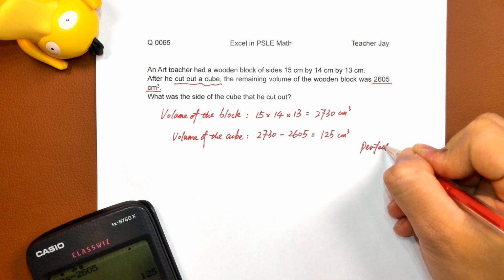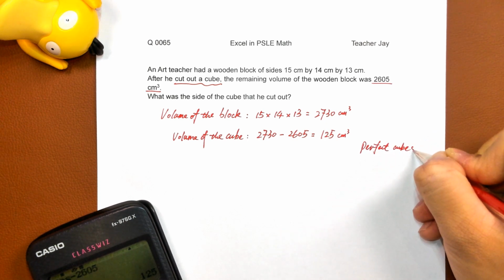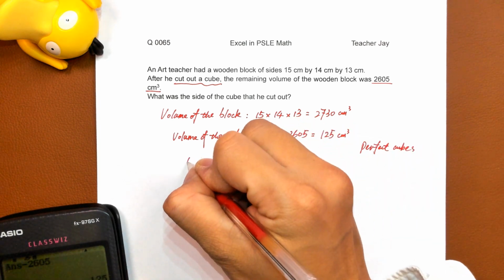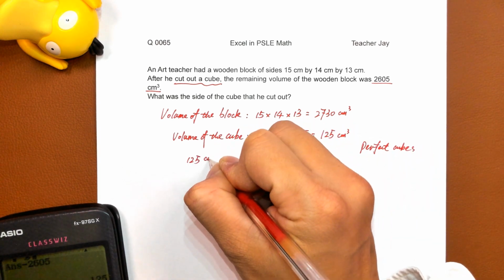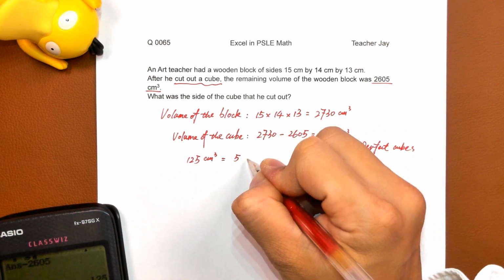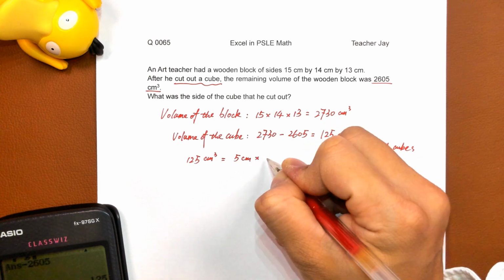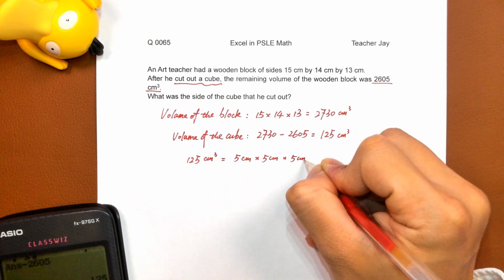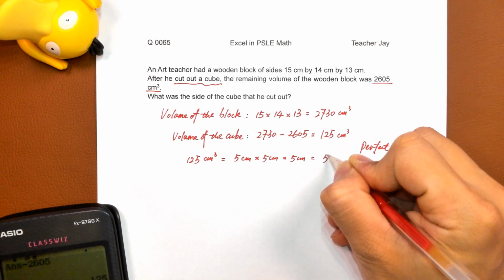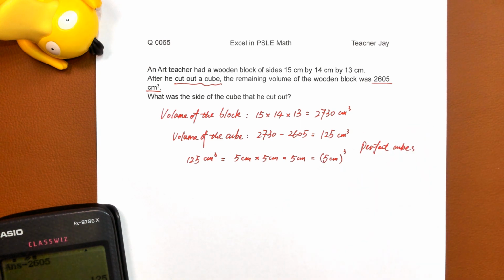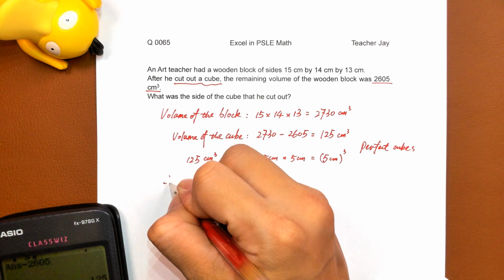perfect cubes，叫做完全立方数 perfect cubes。125 cubic centimeters equals 5 centimeters times 5 centimeters times 5 centimeters equals 5 centimeters to the power of 3，这就是我们的 cube number。所以说最后你会知道，so